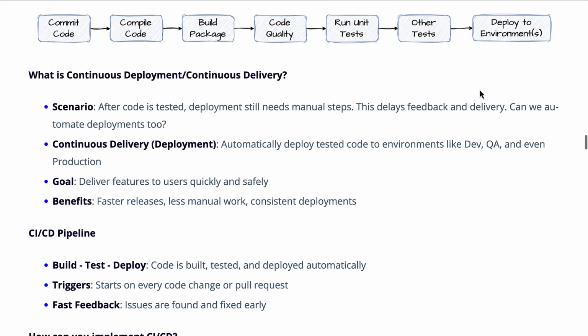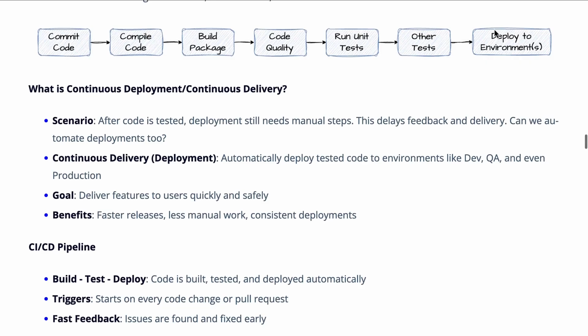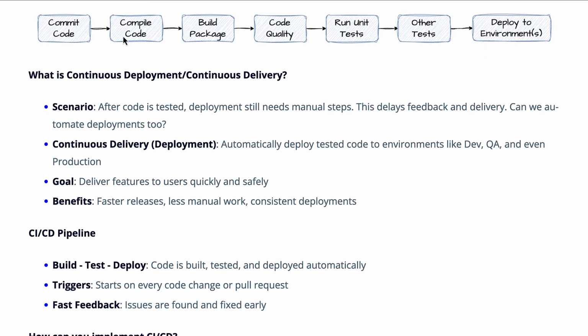There's a small difference between continuous delivery and continuous deployment. We will talk about that at the end of this specific step. For now, let's not worry about which environment. Let's only focus on the fact that you are automatically deploying to an environment. So if you are not only compiling code, building package, doing code quality checks, running tests automatically, but also automatically deploying to an environment, that's when you are doing either continuous deployment or continuous delivery.